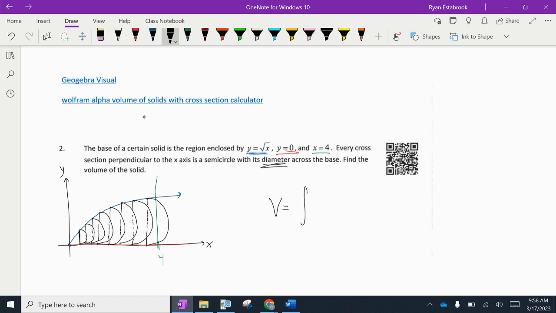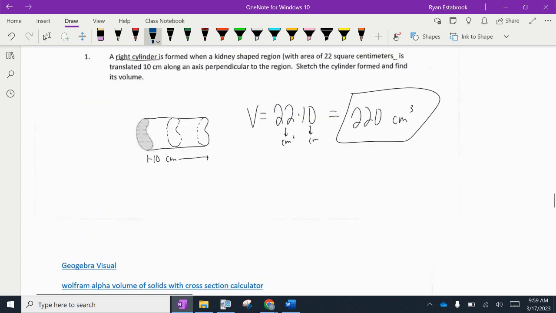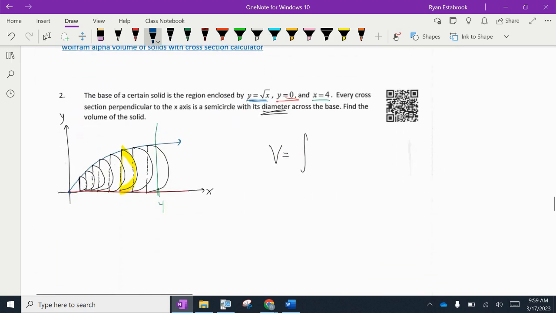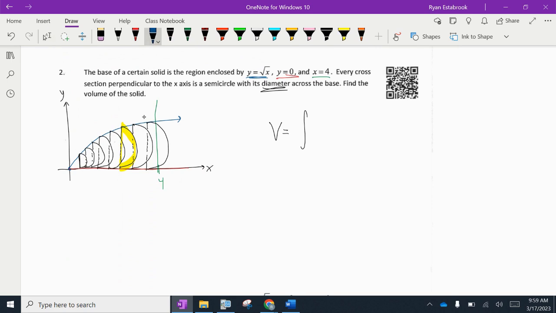I'm just going to focus on one of them, and it doesn't matter which one. I'll just pick one of these here in the middle. I want to think about that actual semicircle. To find the volume of it, it's going to be the area of the base times its thickness. Kind of like I did over here. The area of this kidney shape was given to be 22, and then we multiplied by the entire thickness. We need to figure out the area of just